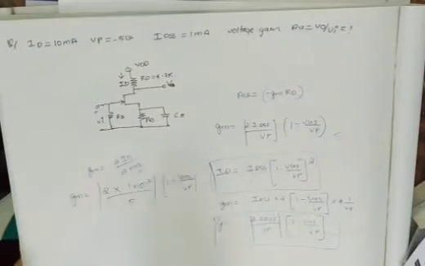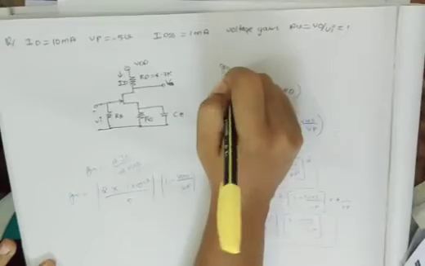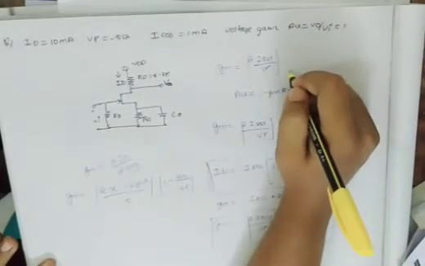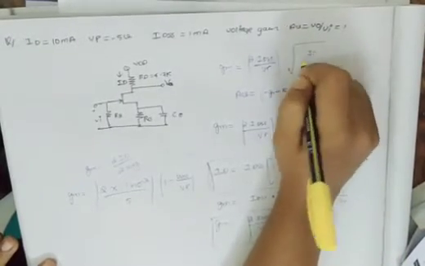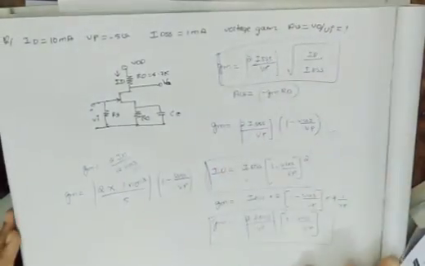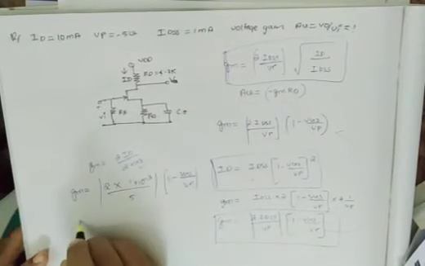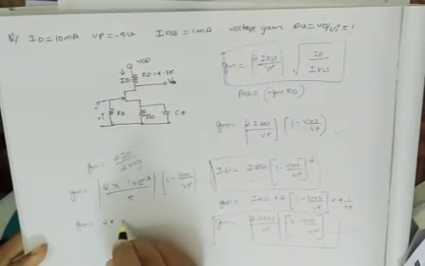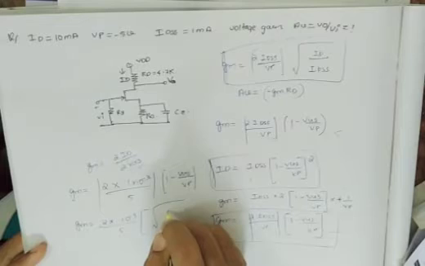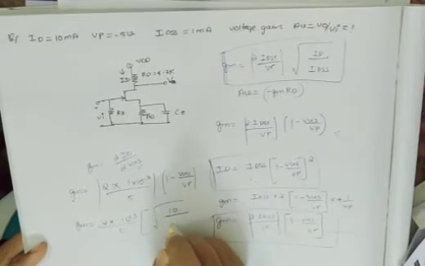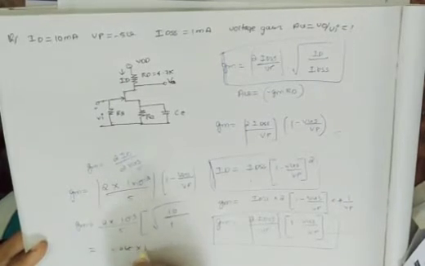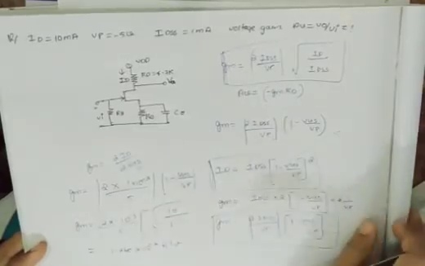Please keep another formula also in mind, that is Gm equal to 2 IDSS divided by the absolute value of Vp, into root of ID divided by IDSS. Now we get Gm is equal to 2 into 10 raised to minus 3 divided by 5 into root of ID divided by IDSS, where ID is 10 and IDSS is 1. That is our answer. We will get 1.265 into 10 raised to minus 3 ampere per volt.